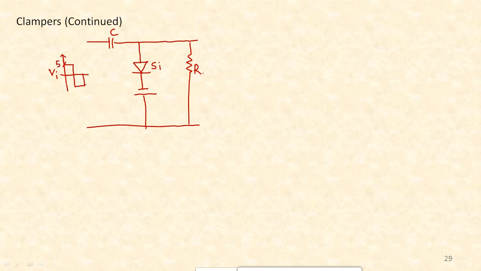Let it be phi and let this be minus phi, the maximum and the minimum voltage. The strength of the battery, let it be 2 volts, and since it is a silicon diode, the drop will be 0.7. The output is across the load resistor RL. Fine, so let us go to the waveforms.